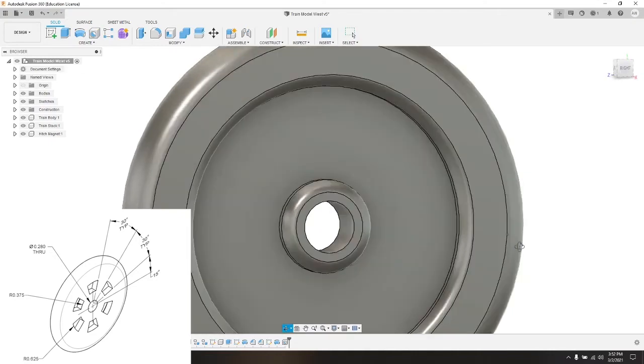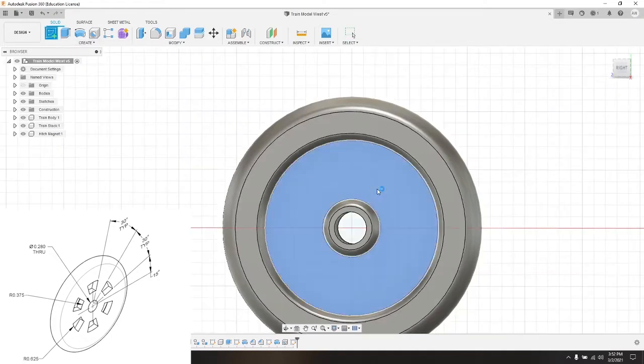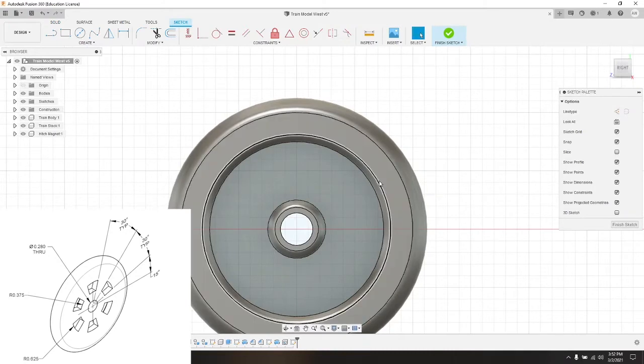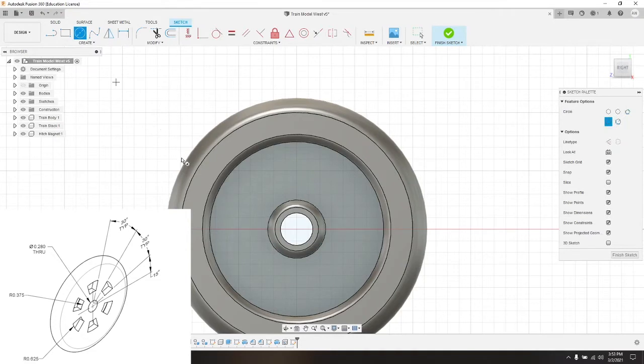So now I have that through hole. Then we need to model the spokes. So I'm going to start a new sketch. And I know it's going to start 15 degrees off axis here. So I know I'm going to have to start with a circle that starts in the center, and I know my inner radius is going to be